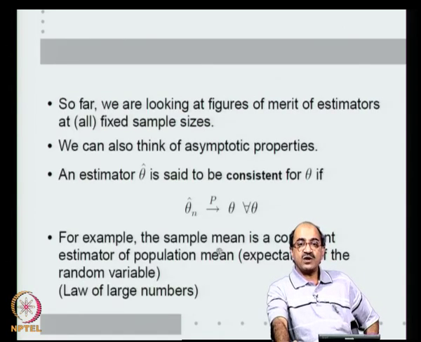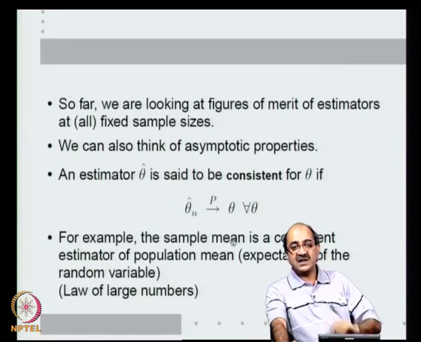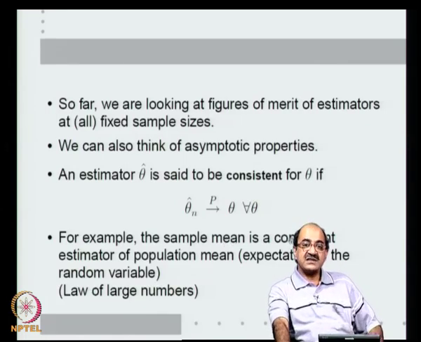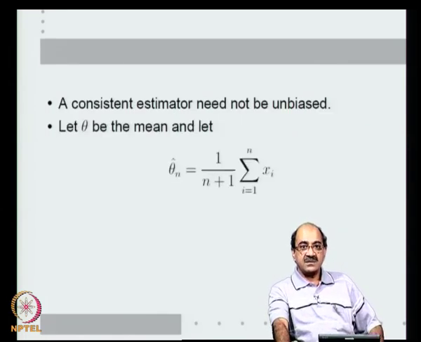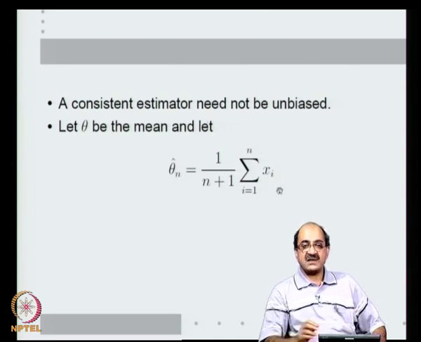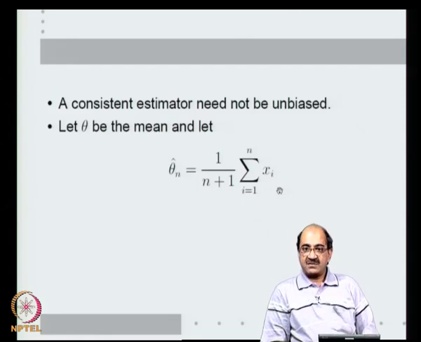Consistency is an asymptotic property. So, even if the estimator is biased, it may still be consistent. For example, instead of taking the sample mean, I will take 1 by n plus 1 summation x i, instead of 1 by n summation x i. This is obviously biased because the expected value of theta hat n is not equal to theta, but is